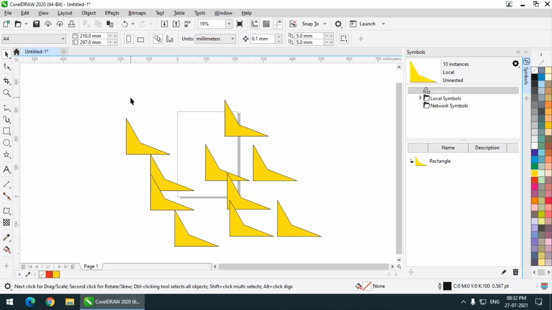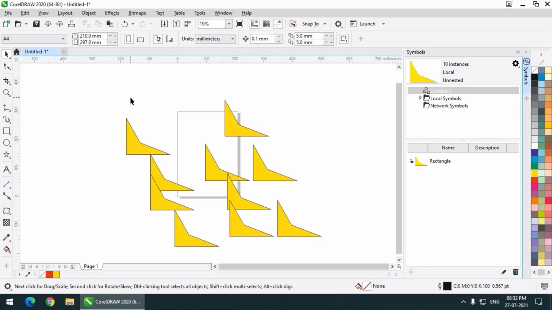It will be useful while using multiple objects on multiple pages. Let's say you are working with more than 50 pages, and you have placed similar shapes or symbols on all the pages, and later, after completing the design, you realize there are some changes in the design or the symbol. If you haven't used symbols, then you have to change each and every symbol on all the pages accordingly.